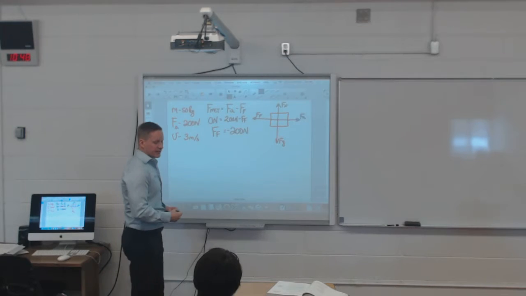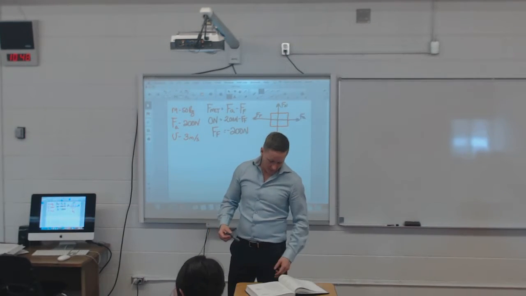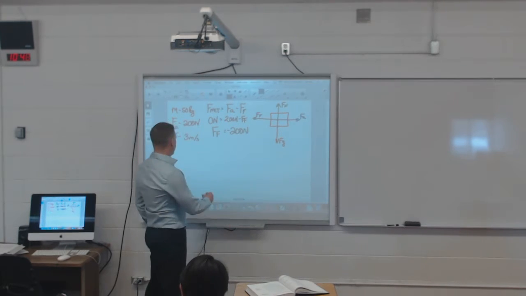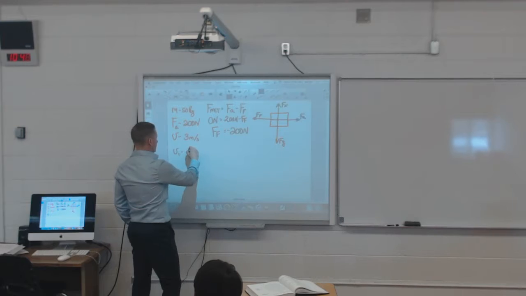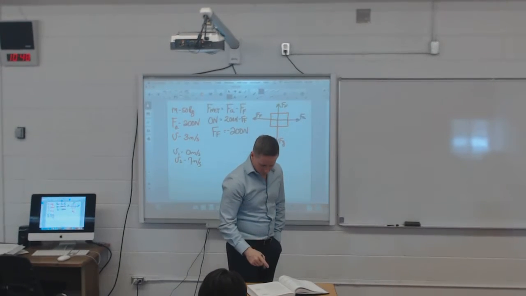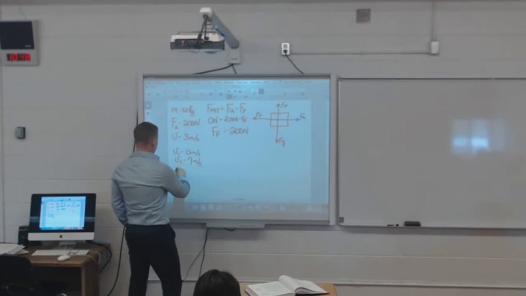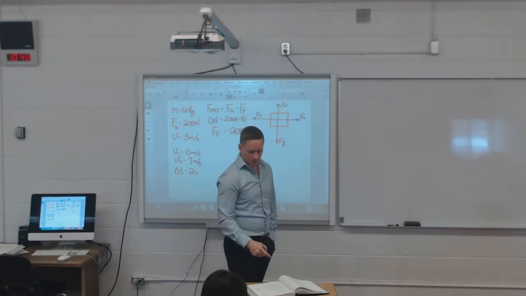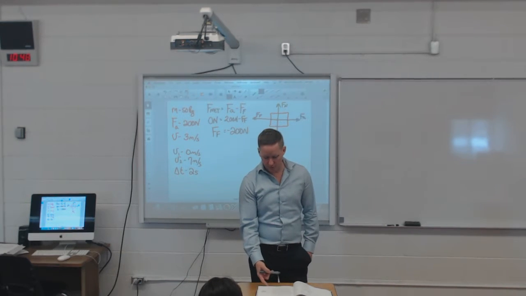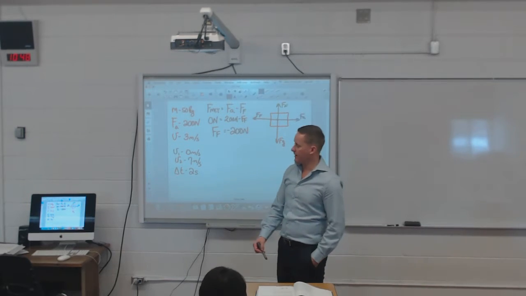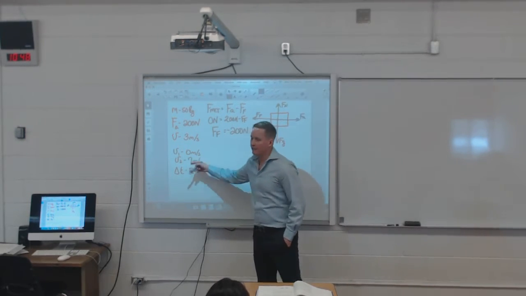Okay, last question here says B. What value of applied force would be required to accelerate the carriage from rest to 7 meters per second? So V1 is 0 meters per second, V2 is 7 meters per second, time is 2 seconds. And what is the question asking me? What value of applied force would be required?